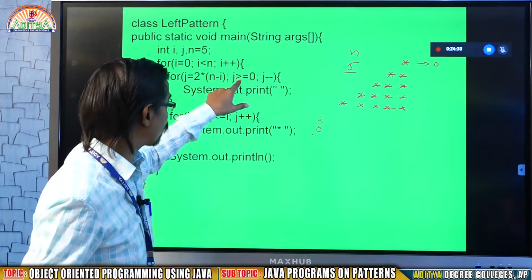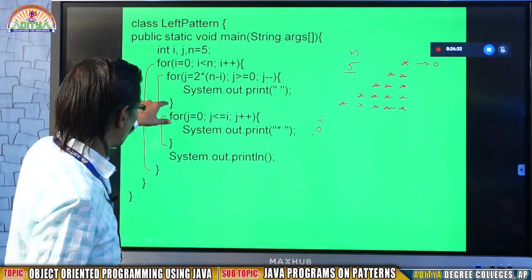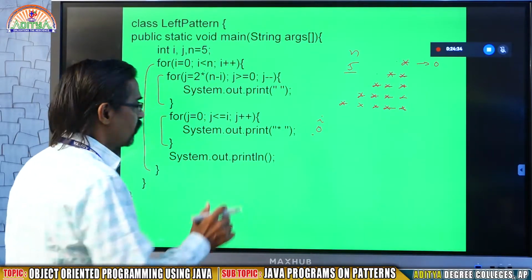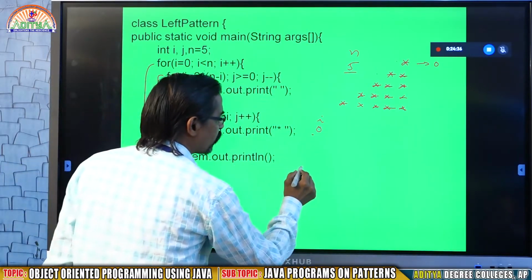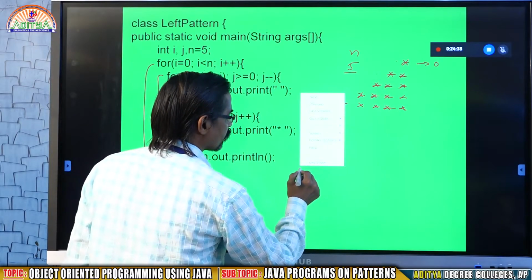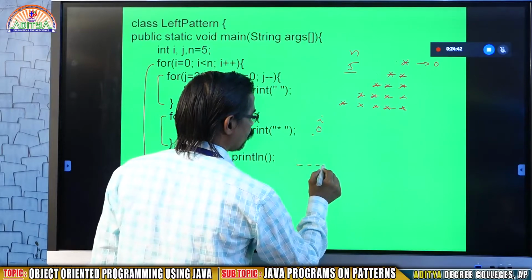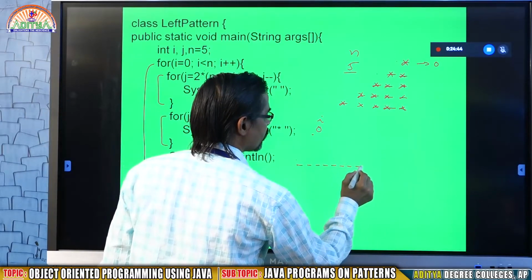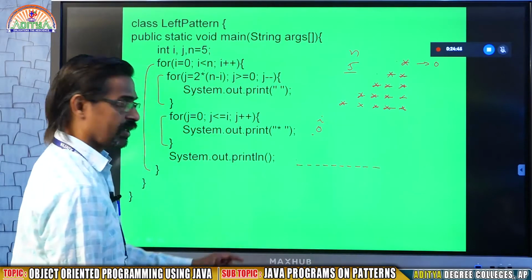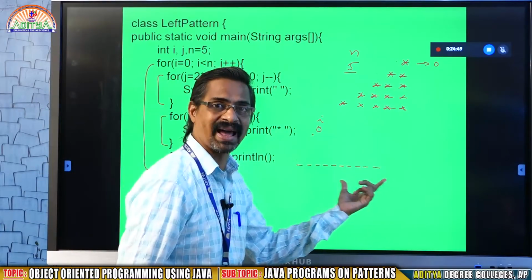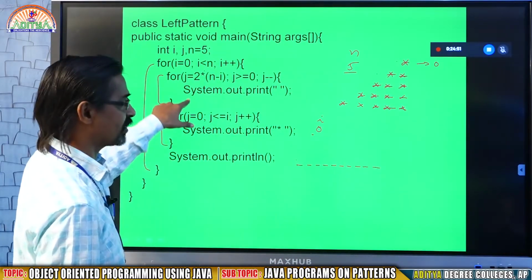That means this loop will run 10 times. All 10 times it will print spaces like this, 1, 2, 3, 4, 5, 6, 7, 8, 9, 10. In place of the underline you may assume blanks. 10 spaces will be generated.